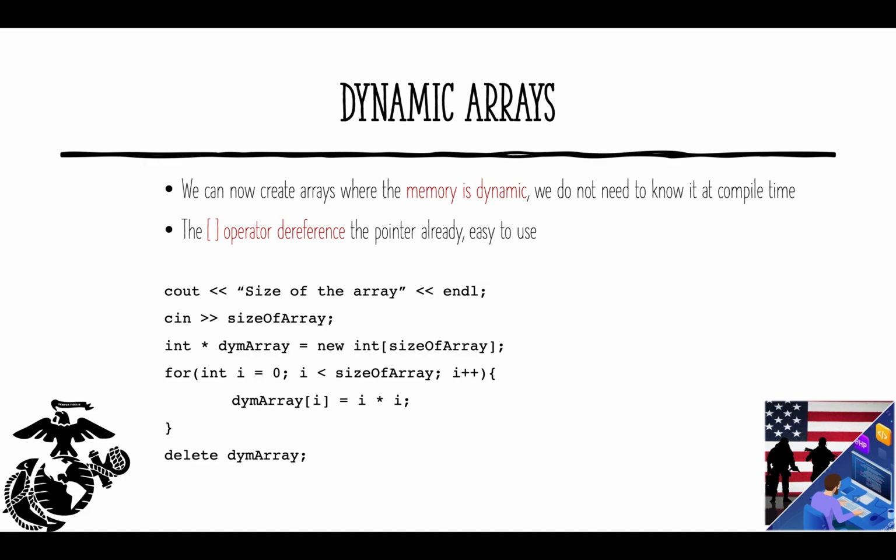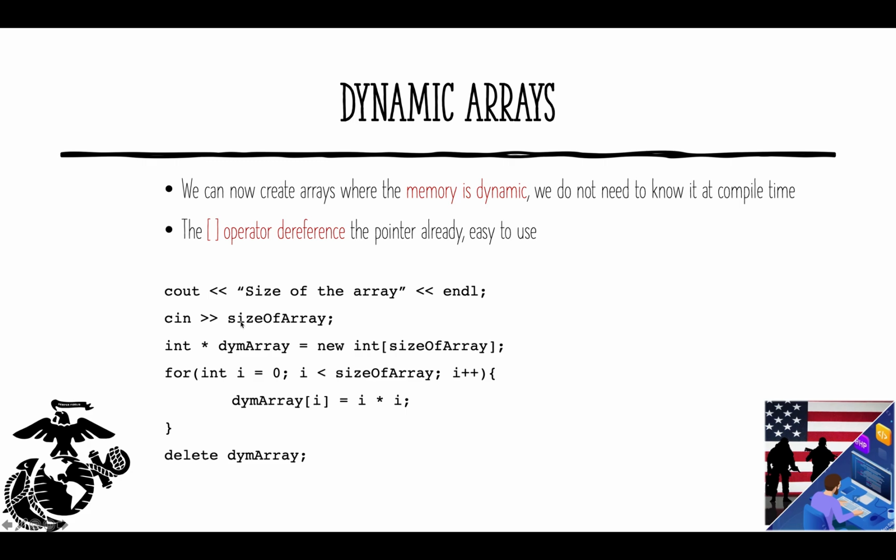We can now create some arrays where the memory is dynamic, which means we do not need to know the size at compile time. So what that would mean is, I can't create an int array of the user input size. The way to do that is you have to use a pointer that points to a dynamically allocated array. The way you do that is int pointer, and we're going to call it dynamic array, equals new, which means we're creating it on the heap, and it is an integer, and these brackets tell us that it's an array. So it's an integer array, and the size is size of array, which happens to be whatever the